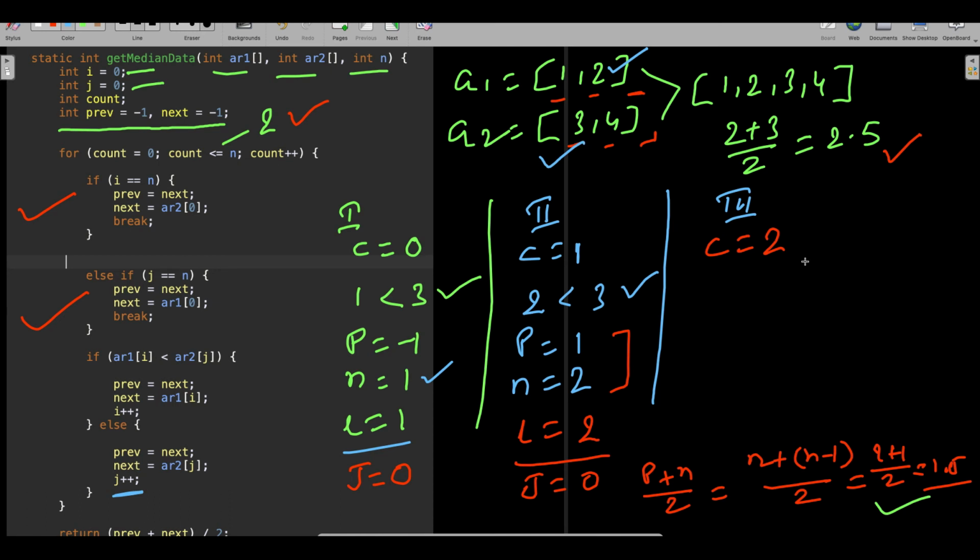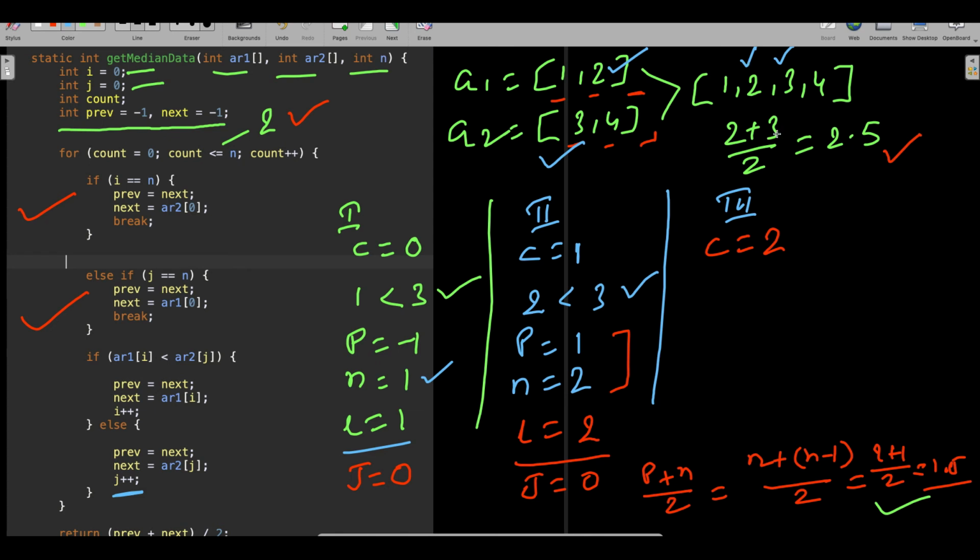So whenever you have such situations where your first array element is always less than the second array element, the median is going to be the highest of the first array plus the lowest of the second array. So here, this is your n, and this is n minus 1.